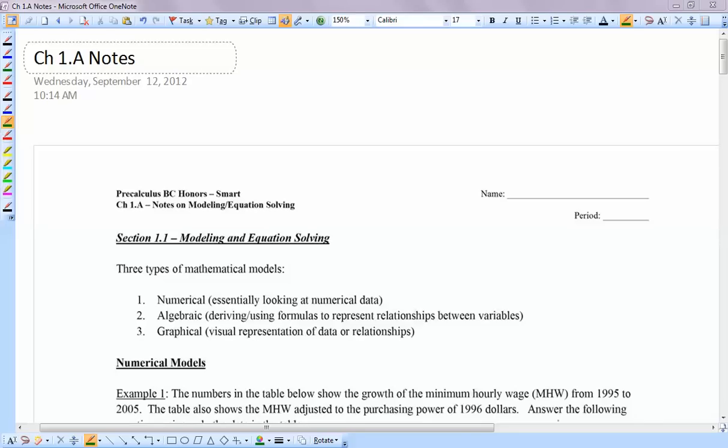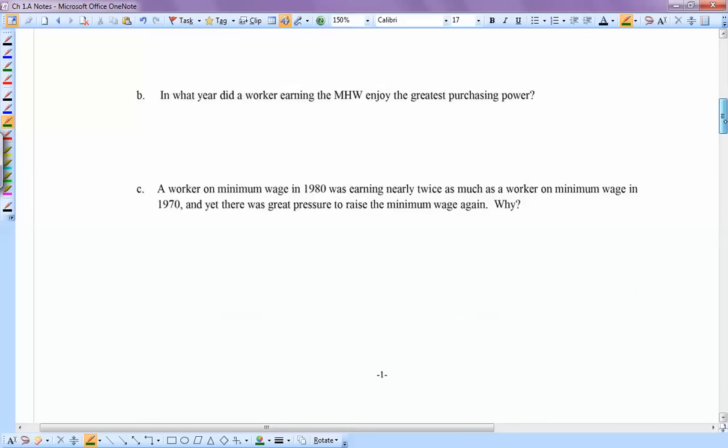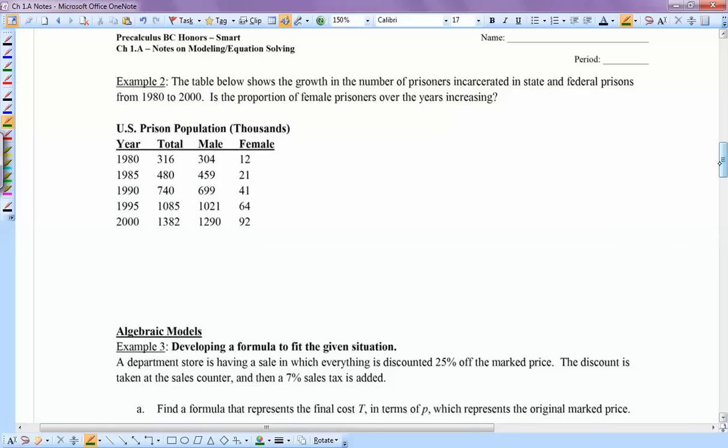Okay, so what I want to go through are some of the Chapter 1A notes. Different classes were in different places, so I'm going to start on page 2. Every class got through page 1. So here's page 2. It talks about the growth in the numbers of prisoners from 1980 to 2000, and then